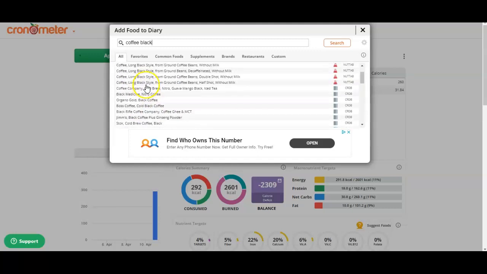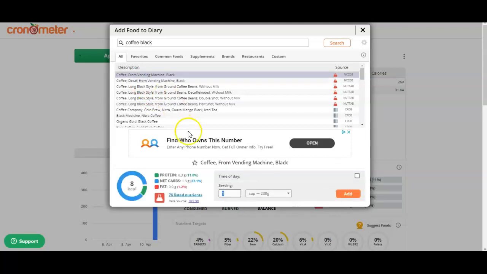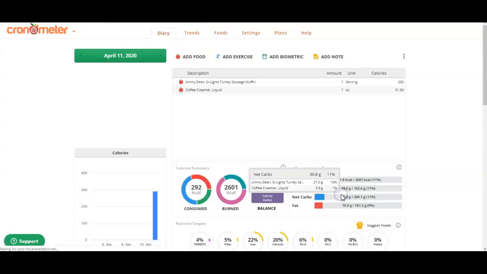This is what takes so much time, trying to find the right one. And I had 2 cups, as I said, even though it wasn't from a vending machine. So you'll see not a lot of calories there.